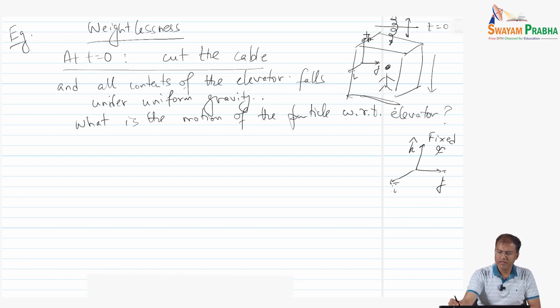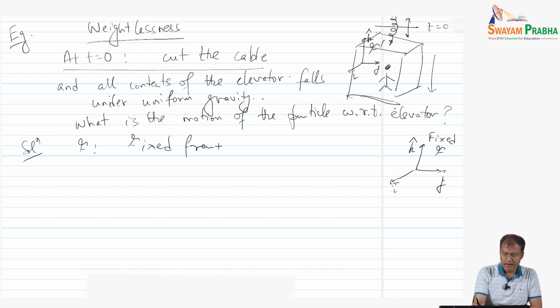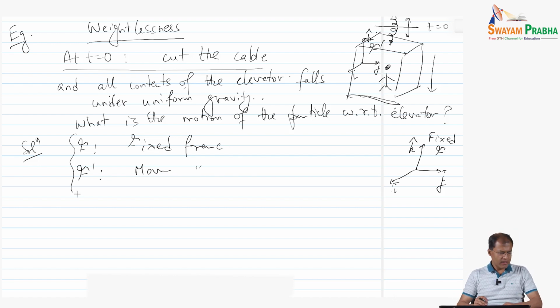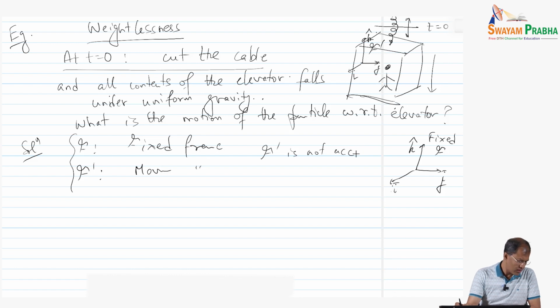So let me just draw all this. Let me call this F prime. So we have F as my fixed frame, and F prime as my moving frame. We have set up the two frames such that F prime is not accelerated with respect to the fixed frame,